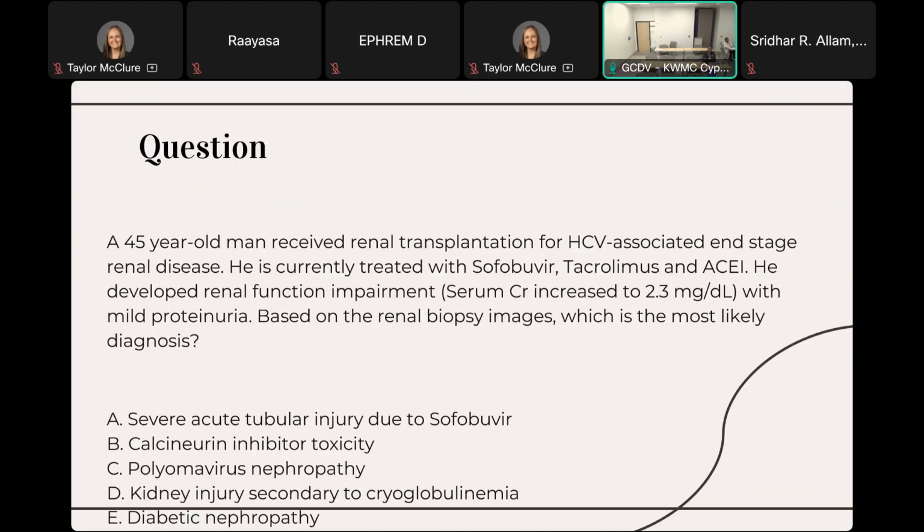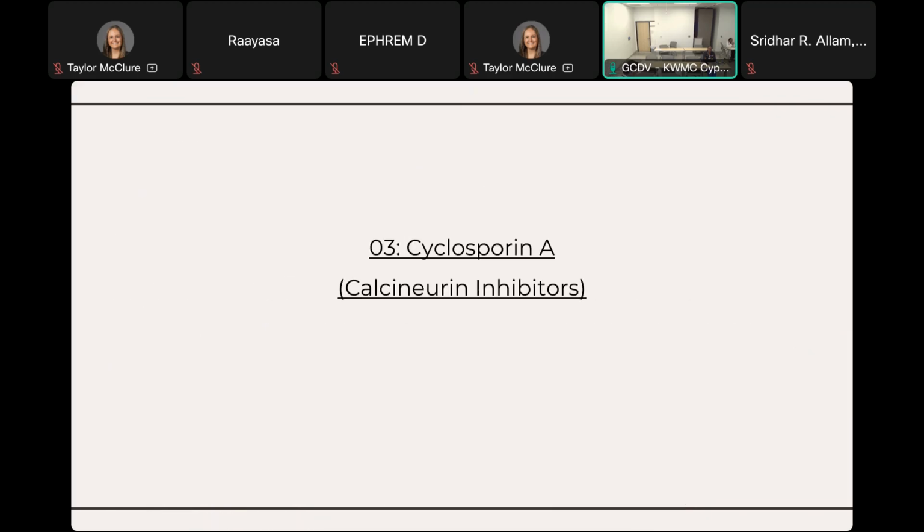So, based on this biopsy, what is the most likely diagnosis? Is it severe acute tubular injury because of sofosbuvir, calcineurin inhibitor toxicity, polyoma virus nephropathy, kidney injury secondary to cryoglobulinemia, or diabetic nephropathy? The main pathology is in the tubule, right? So which one do you think? I think A, okay, because